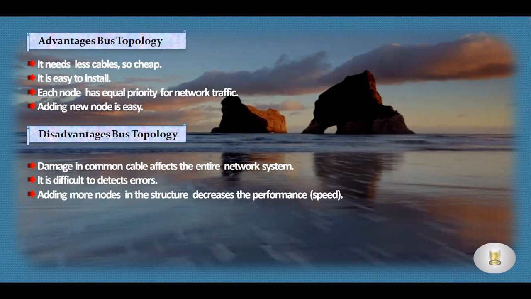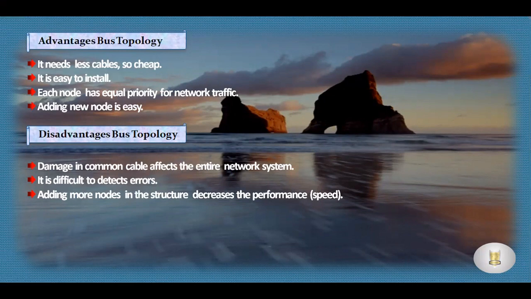Now let's discuss the disadvantages of bus topology. Number 1, damage in the common cable bus affects the entire network system. It means if the main wire gets damaged, the entire network system will stop.